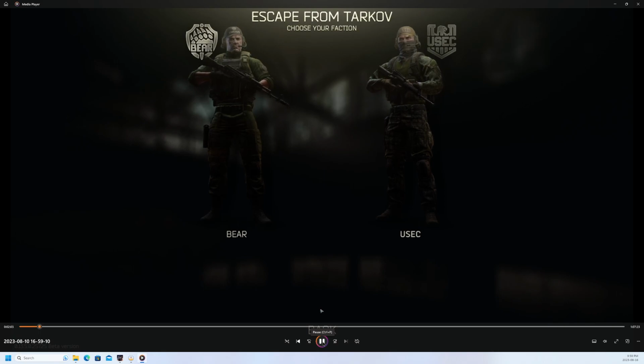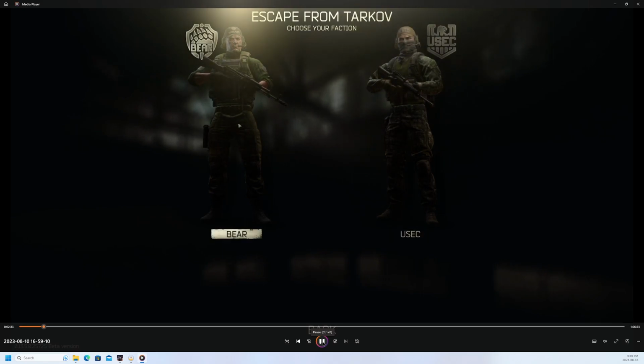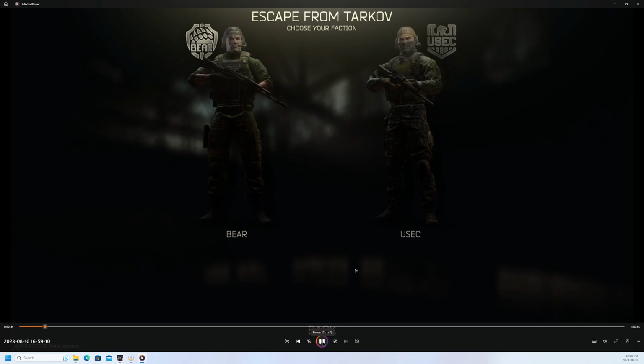There's two types, USEC and Bear. Really in the game, there isn't too much difference. Choosing a USEC, there is one task on Lighthouse map that's better for USECs. The rogues that control the water treatment plant are some offshoot of USEC, so they will not shoot at you as quick. Other than that, you pick USEC because at the start of the game when they give you a little bit of equipment, it's all NATO based, which is an M4, and I like that. The Bear, as you can see, has got an AK version. I think the AK version is actually a little bit better at the start, but I like using the M4